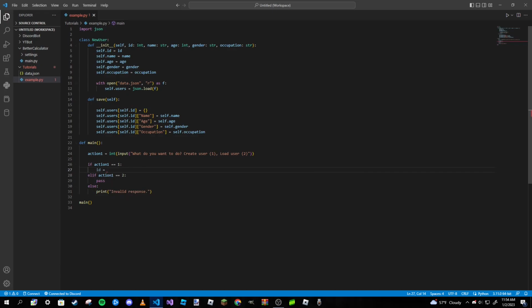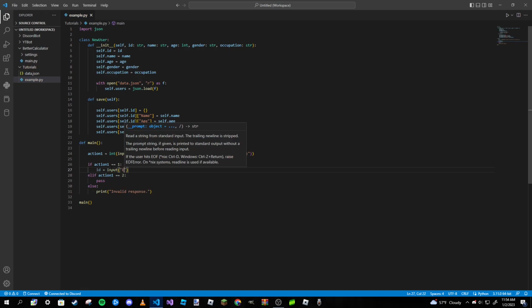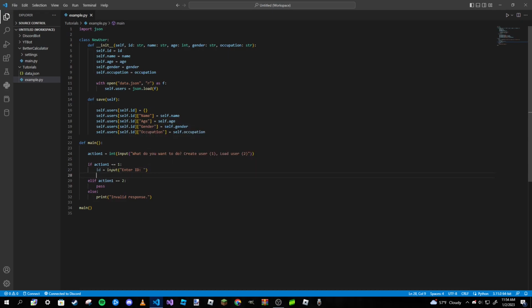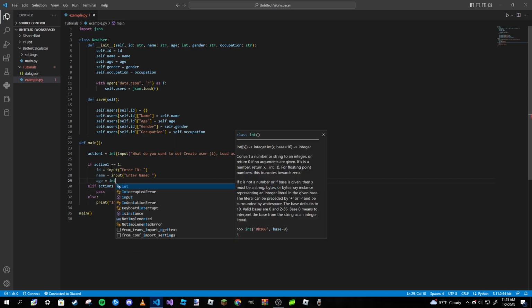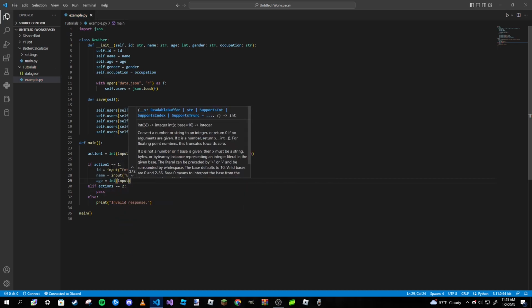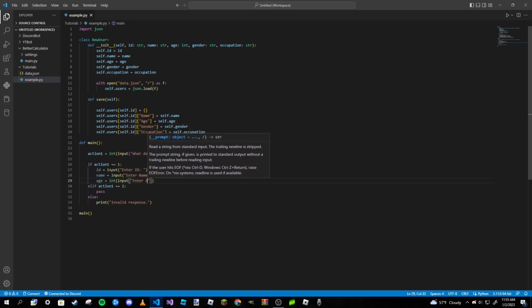Actually, I want to change this to string. So the ID is going to be basically just 3 numbers, probably 001 and 002, 003, and so on and so forth. So I guess input, enter ID. Alright, and then name is equal to input, enter name, and then age is going to be input, enter age,